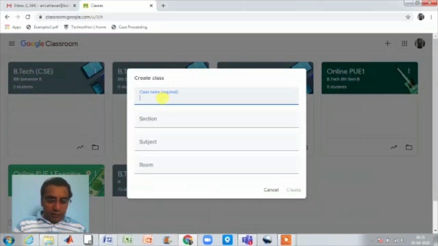Say for example, I am teaching BTech Computer Science and Engineering.